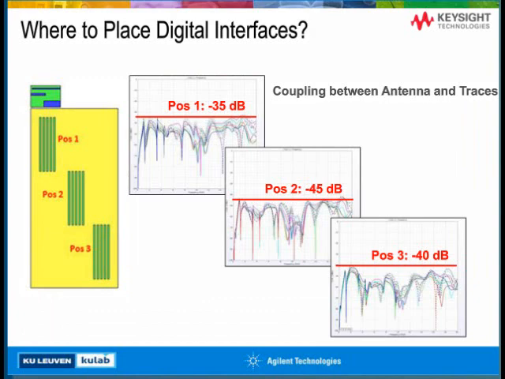What is shown in this picture is the coupling expressed as an S parameter, from the ports of the interconnects to the port of the antenna, for the interconnects in the 3 different positions. What we see is that in position 1, close to the antenna, we get, like expected, the highest coupling from the interconnects to the antenna, going up to minus 35 dB. Position 3 is a little bit less, but not as much as we would expect. We go down about 5 dB to minus 40 dB. While in position 2, the middle of the PCB, we get the lowest coupling, which is minus 45 dB. It's 10 dB lower than in position 1.